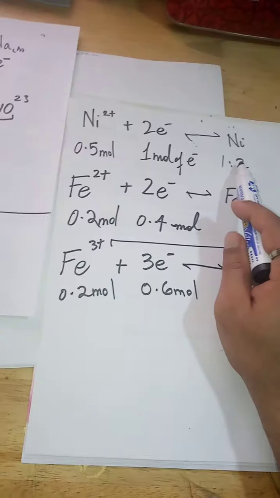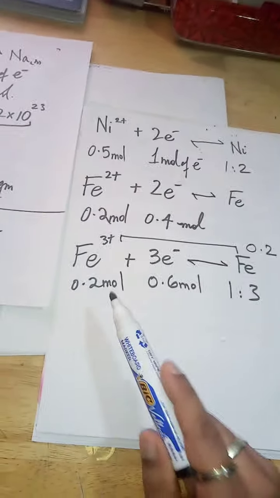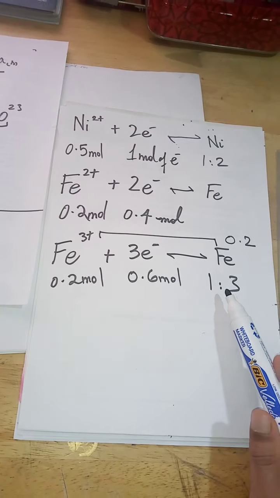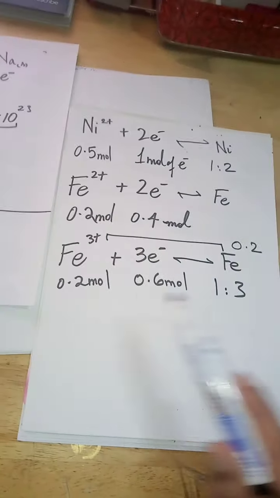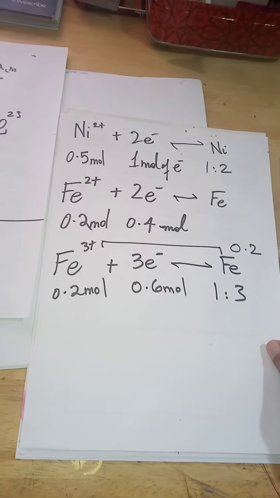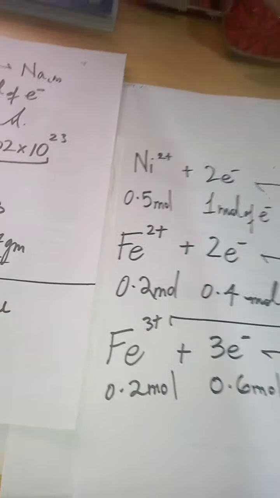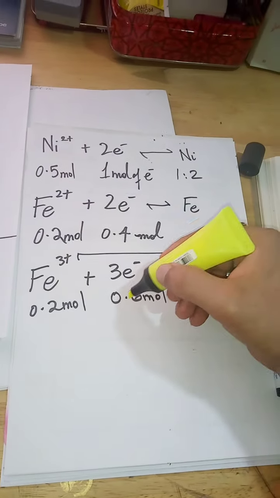This would be 0.5, half a mole of nickel, a fifth mole of iron 2, a fifth mole of iron 3, even though the moles of electrons